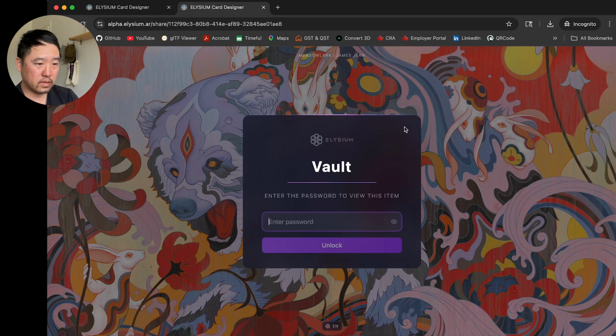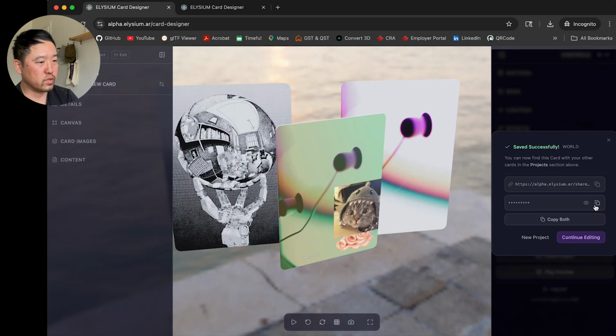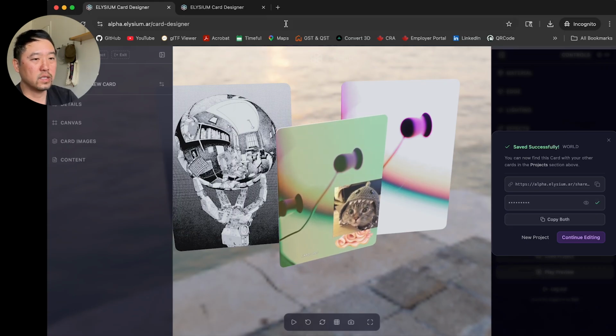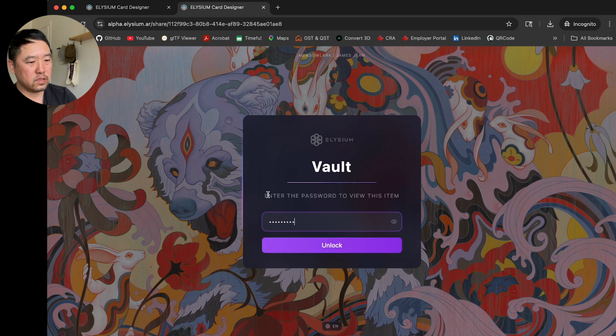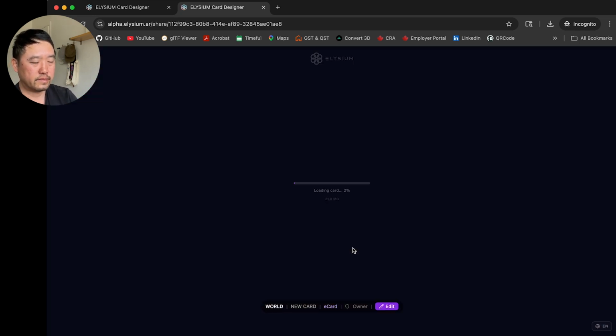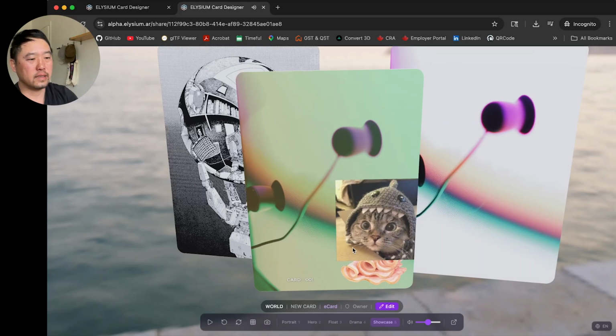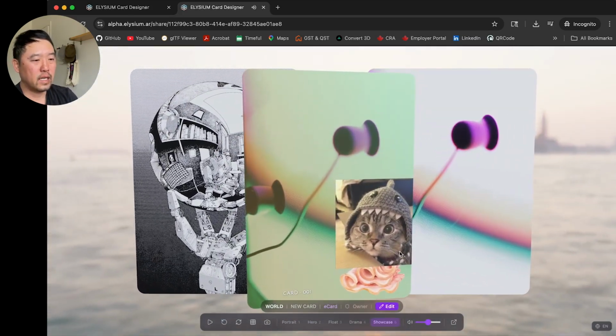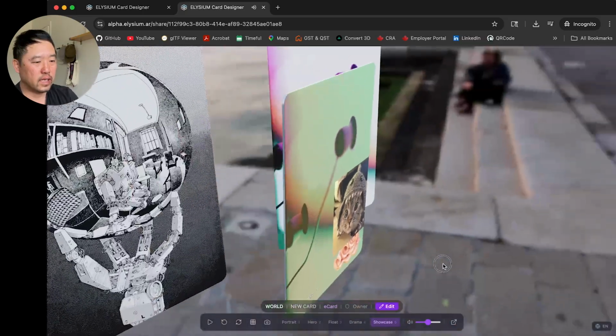And whoever you share it with will have this prompt, which is going to ask for a password to access that. The password is here. So for this, it's whatever. You can copy this directly and then paste it in here and unlock that. So this is actually loading from the cloud save. And as you notice here, it automatically starts playing the music. People can play around with it.